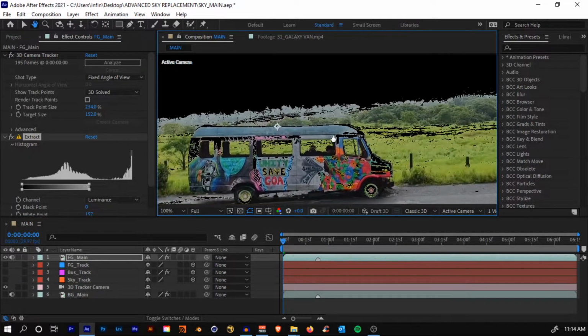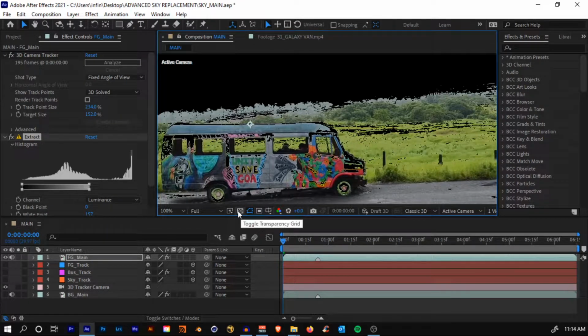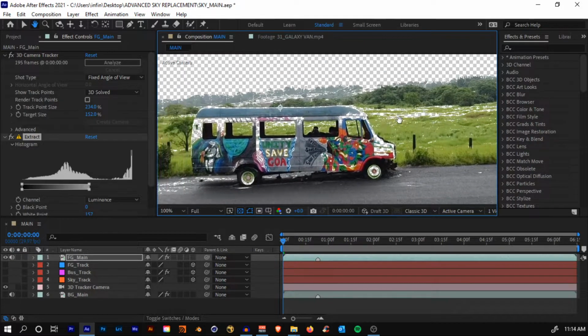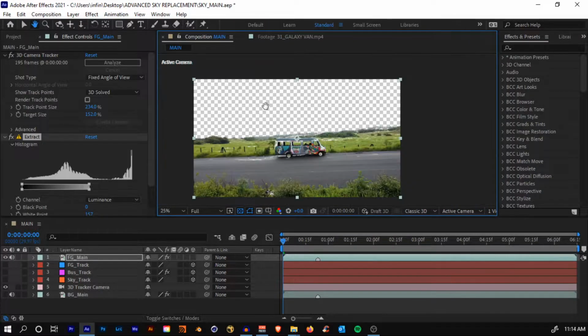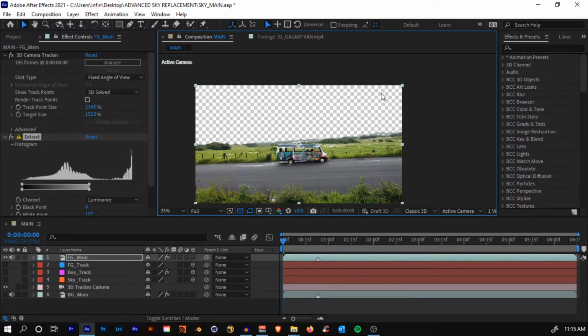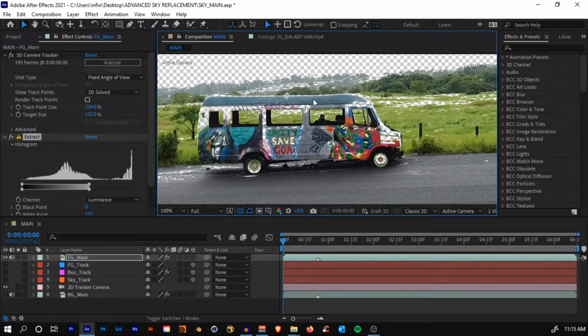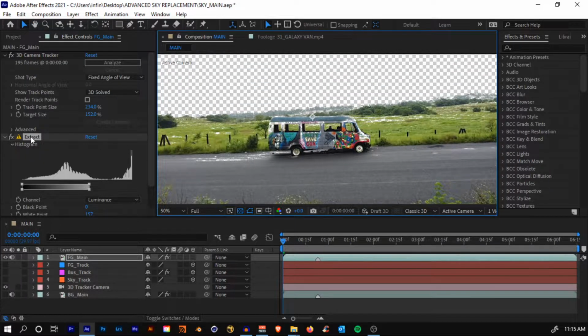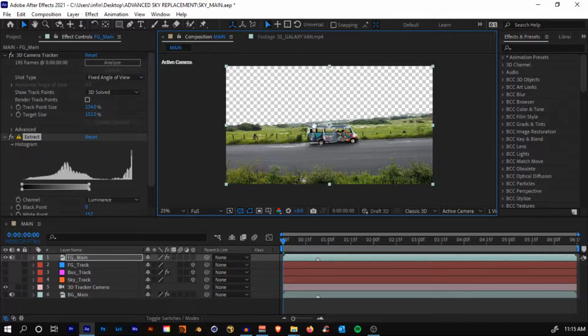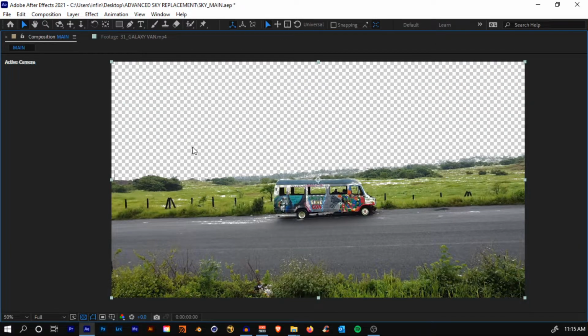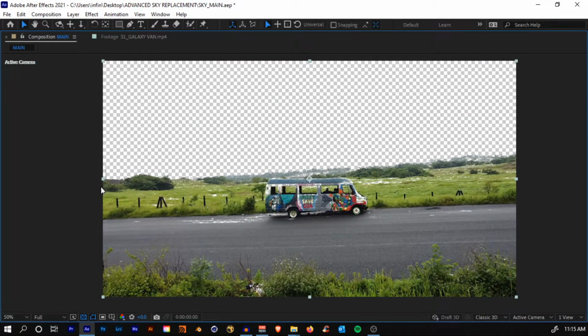If you turn on the transparency grid by clicking on this, you'll see that these parts have become transparent. Yes, that's what we need, but the ground, the road, and the part of the bus have also become transparent. So how do we fix that? We can cut this footage into two parts.